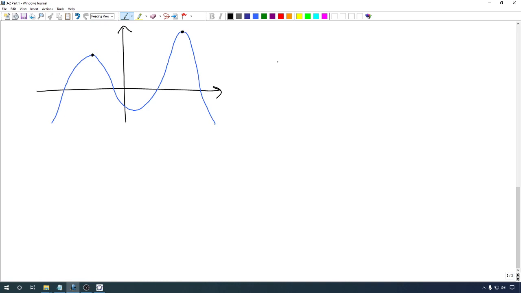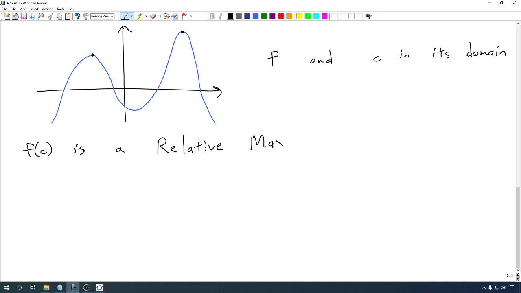So once again, we're going to have a function f and some c in its domain. We say f of c is a relative maximum of f